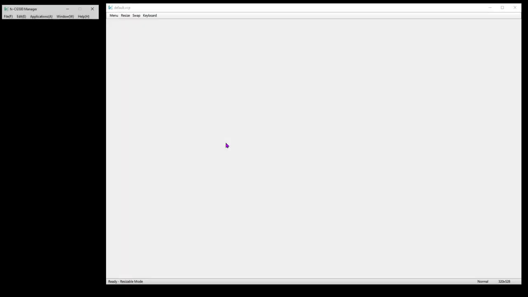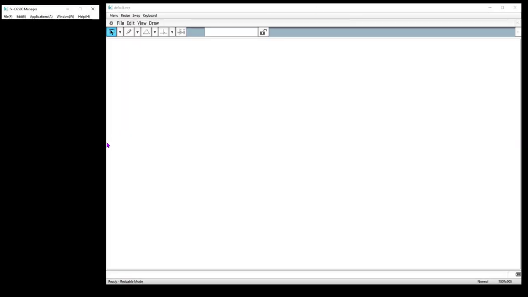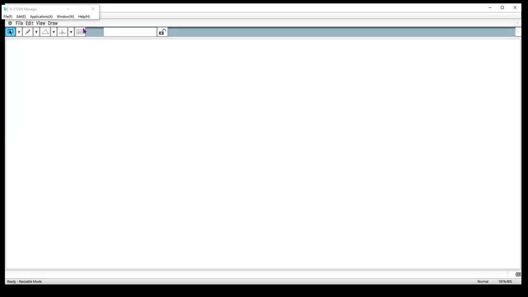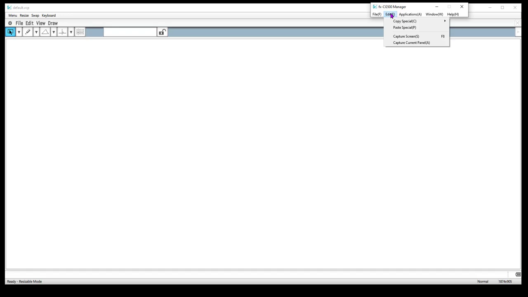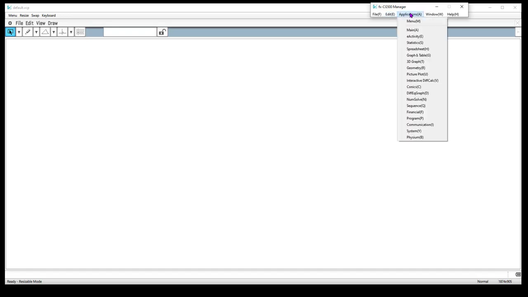So you'll see it takes just a moment. So here it is now, and I can make that screen very large or very small. Let's make it as large as we want right here. Let's kind of move this off to the side. This is now kind of where I can find different options for the calculator in general. You'll notice if I go to applications, there's all the menu icons, but now in a list form. And I can also see that up here as well.